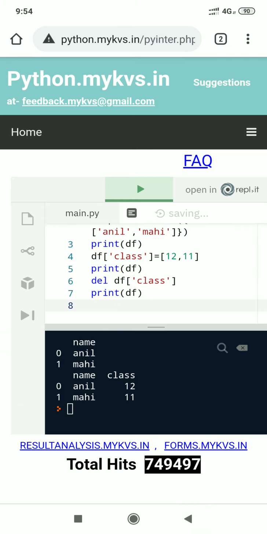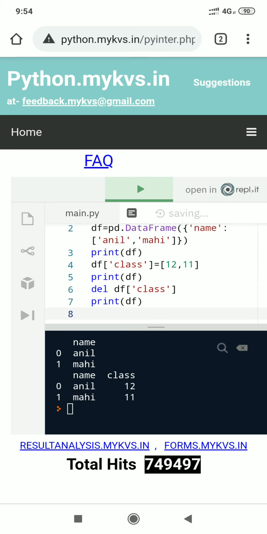Student, what should be the output of the first df? It will display only the name column with Anil and Mahi. The next print statement will display one more column, class, and the last print df statement should display only the name column, because we have removed it with the help of the del statement.